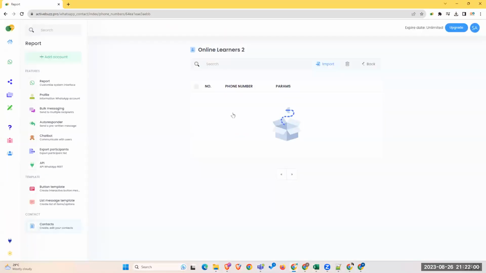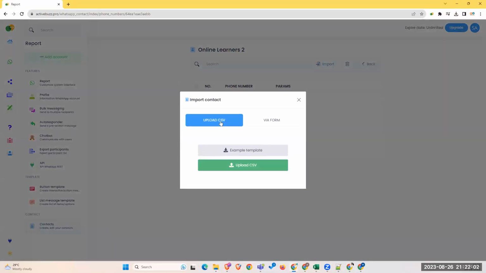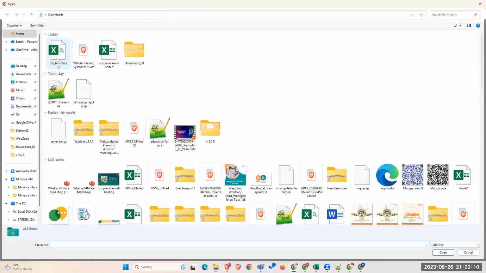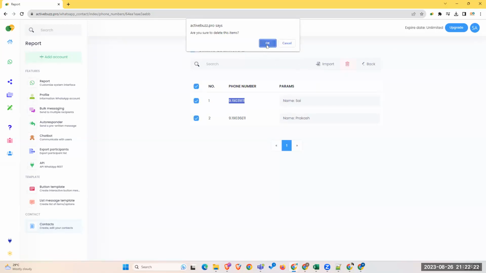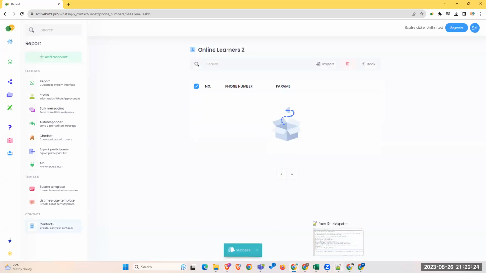Now I'm going to import, upload the CSV. Okay, so the number format didn't come properly here. With Excel, number formatting is a little